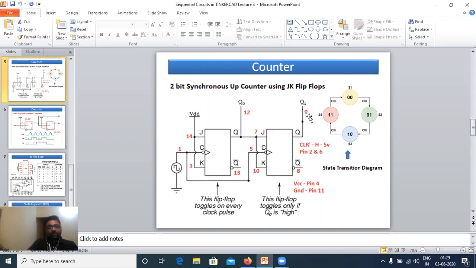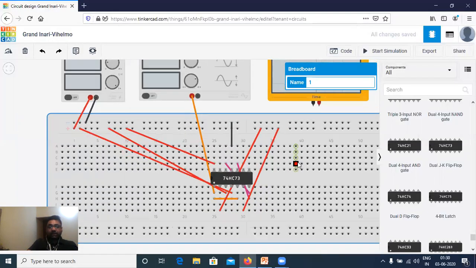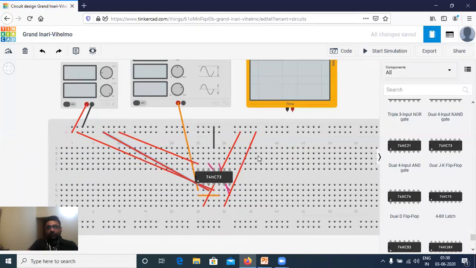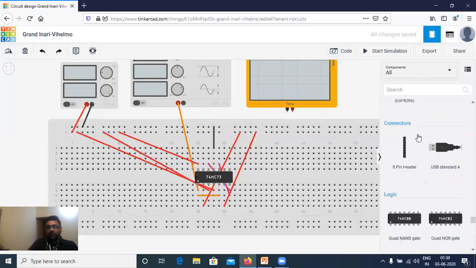So to take the output, I have to connect the LED, and we are already familiar with how to place that output circuit with LED and resistor. So let's create one LED circuit. Go to LED.